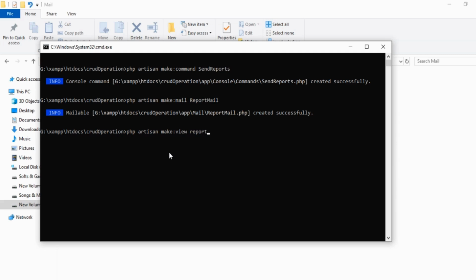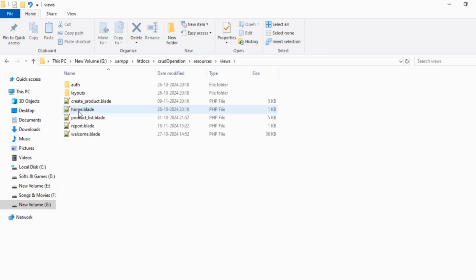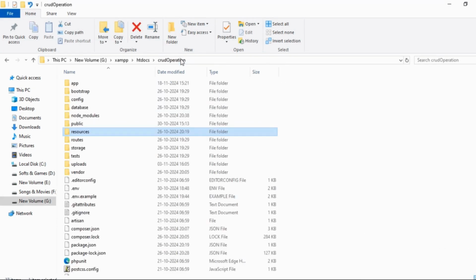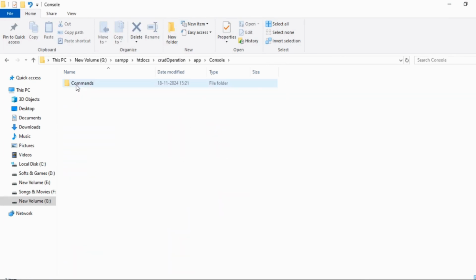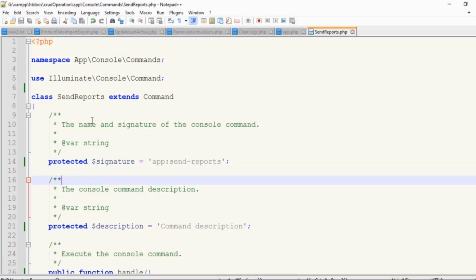In this command, report is the name of the blade template, but you can choose any name you wish. After executing this command, a file named report.blade.php will be created in the project root directory under the resources/views directory. To write the logic for sending emails, first, go to the project root directory. Then, go to the app/Console/Commands directory, open the SendReports.php file, and change the value of protected $signature to